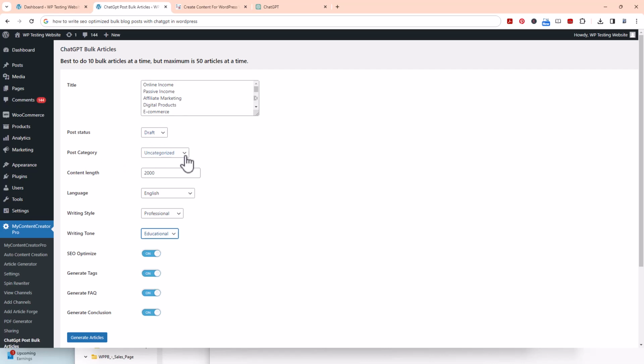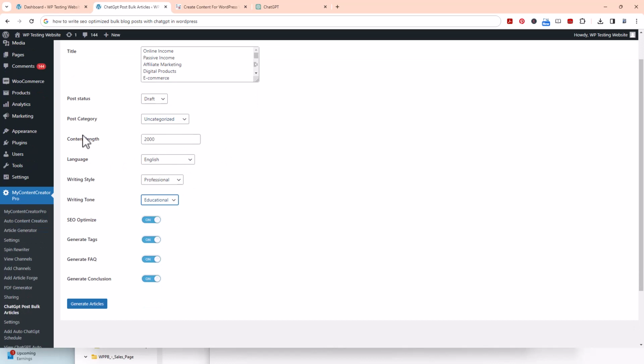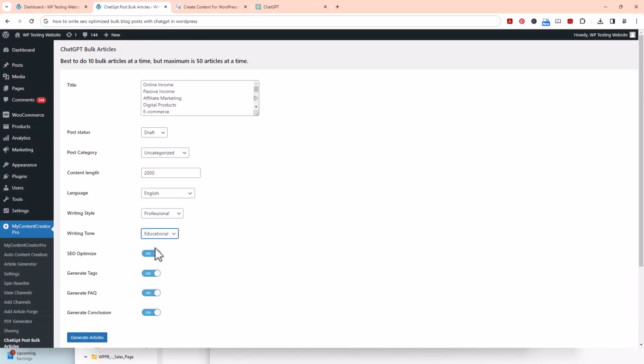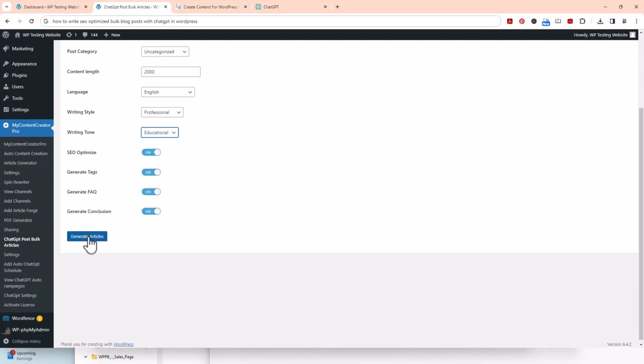Pick the category that you want. Pick the word count that you want. So I wanted 2,000 words. Language, English. Writing style, professional. Writing tone, educational, I did. And then SEO optimized, keep that on. Generate tags, keep that on. Generate FAQ, keep that on. And generate conclusion, okay? So now what we're going to do is we're just going to click right here, generate